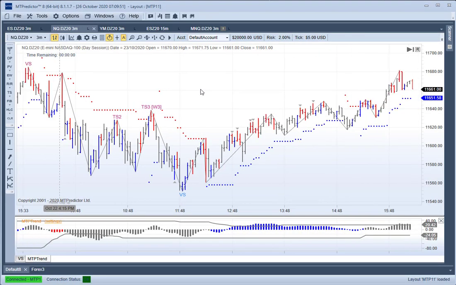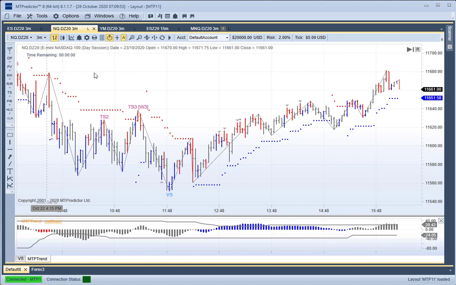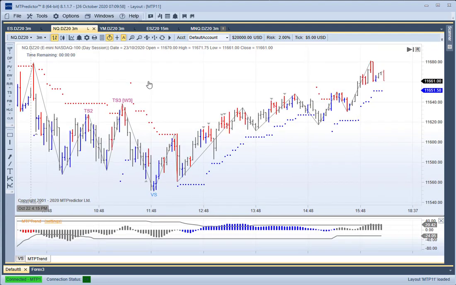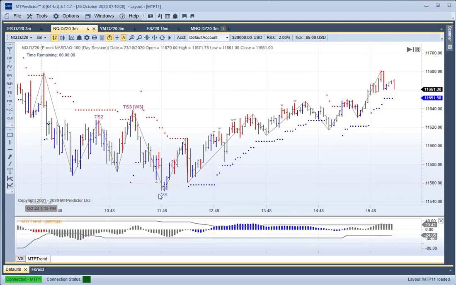Right, this is a 3-minute chart of the NQ from last Friday, and the setup I want to be looking at in particular is this VS buy setup here. For you guys who've been following MTPredictor for a while, you'll know we don't trade all our setups blindly, perhaps in the direction of our MTP trend colour. We can see here blue was up, should be avoiding all these sells anyway, but we don't trade it